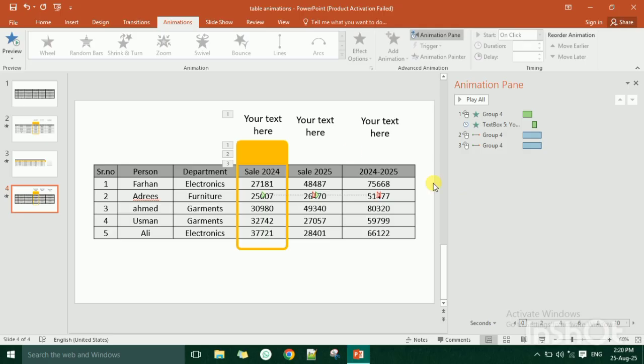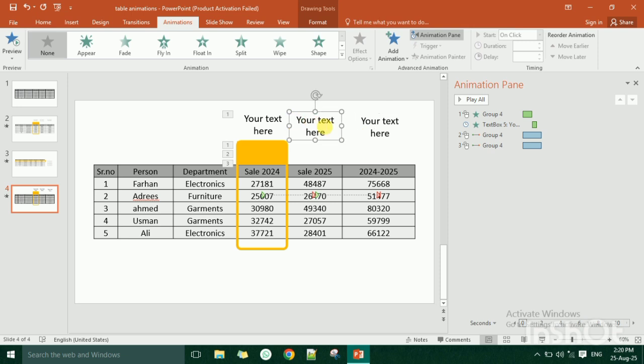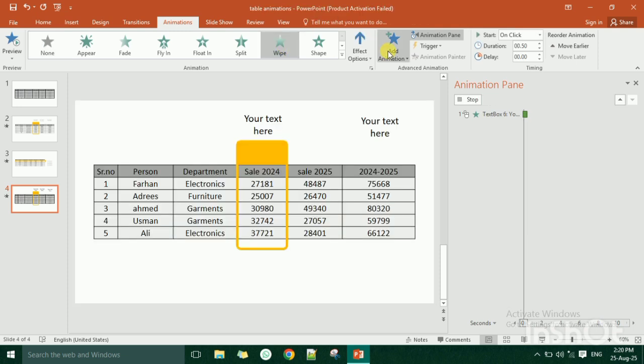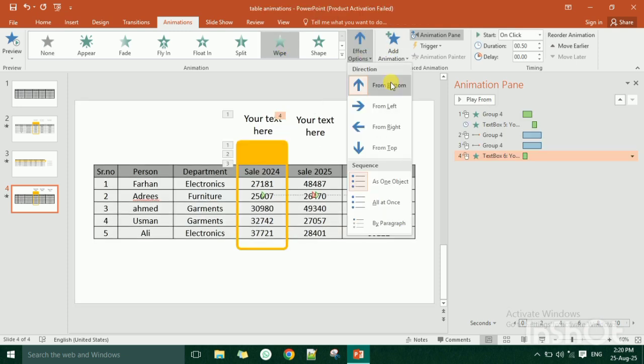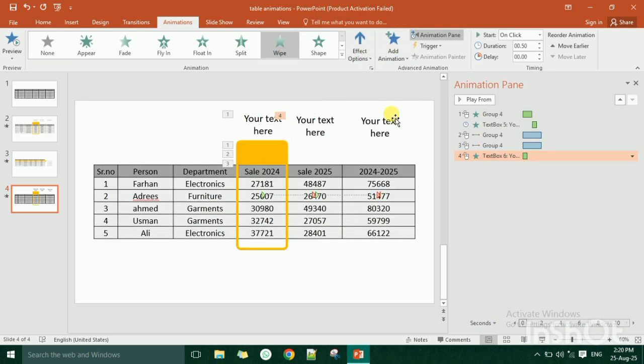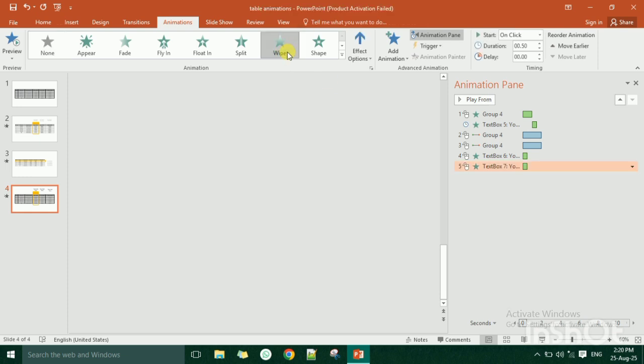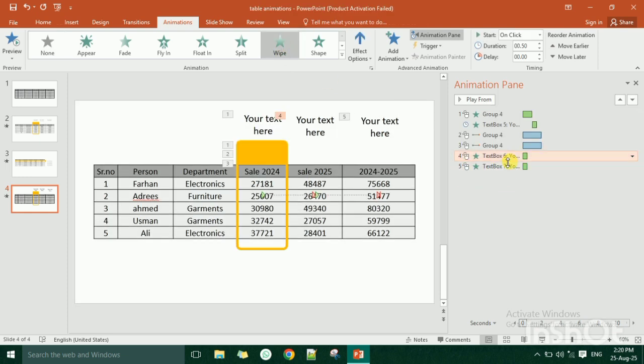There remains one thing: these two text boxes are not animated. Let me click on this, and from here apply the Wipe animation, and I'll keep it as it is, and from here I'll again apply the Wipe animation, and click on the animation and bring it above, and I'll choose After Previous, and again choose After Previous.